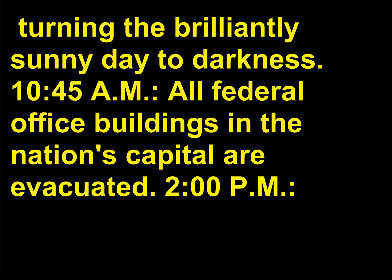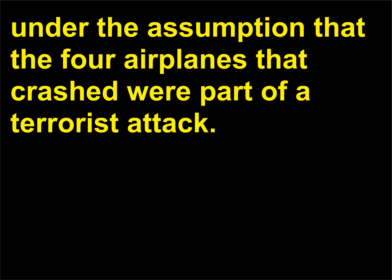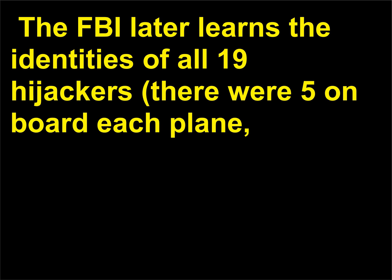10:45 a.m., all federal office buildings in the nation's capital are evacuated. 2 p.m. Senior FBI sources reveal to the media that they are working under the assumption that the 4 airplanes that crashed were part of a terrorist attack. The FBI later learns the identities of all 19 hijackers. There were 5 on board each plane,